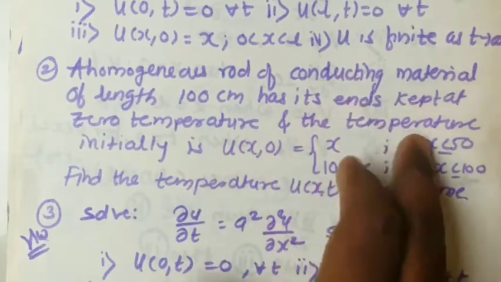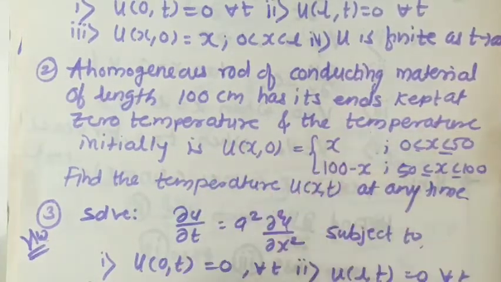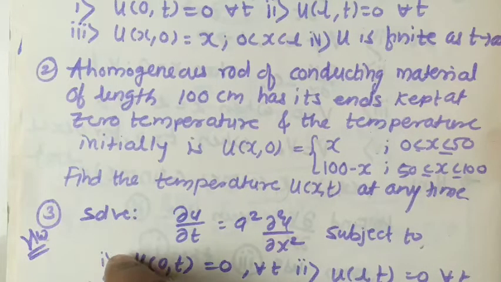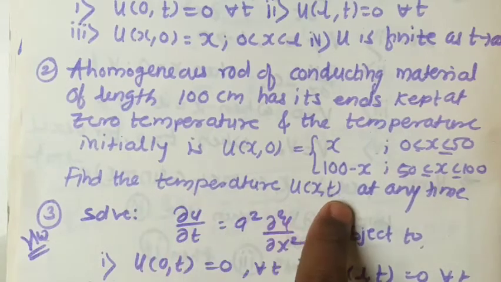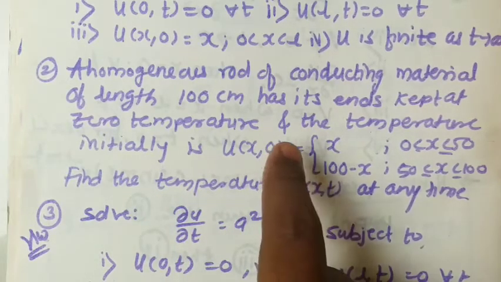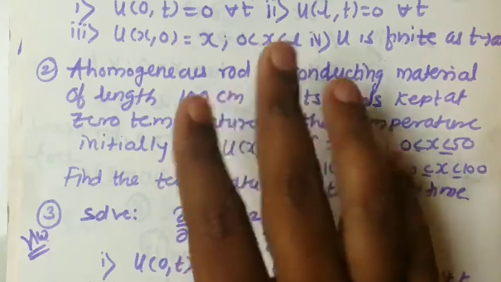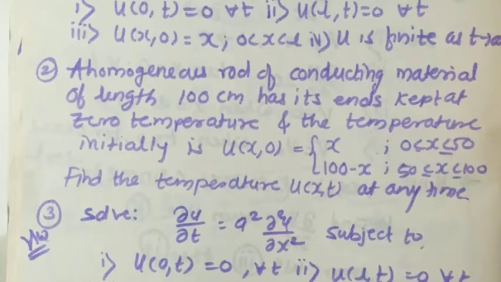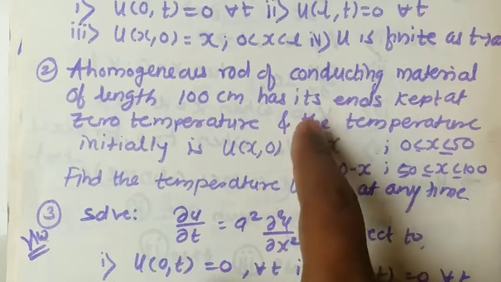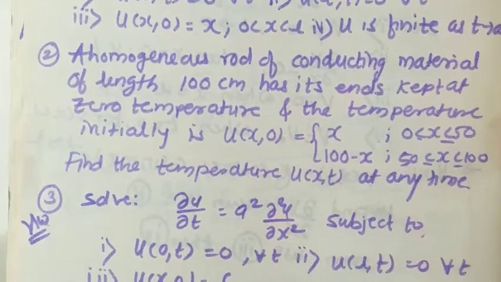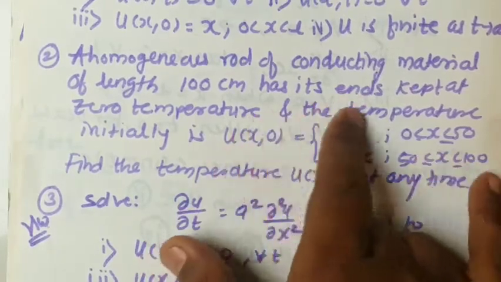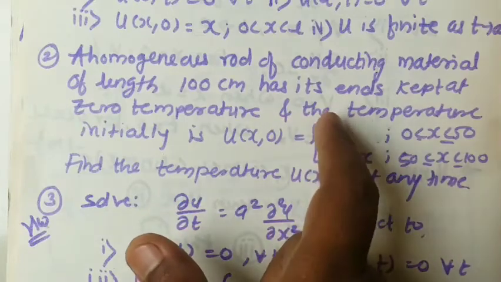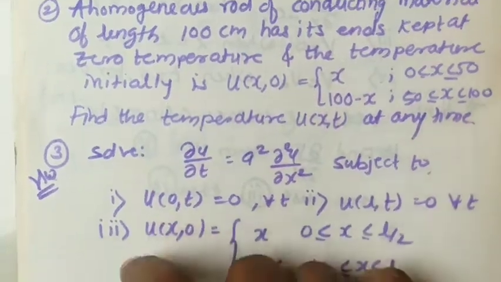The first integral, from 0 to 50, has f(x) = x, and for the second integral, from 50 to 100, f(x) = 100 − x. Here also we calculate u(x,t), the temperature at any time t. So this is also like the previous example; the only change is the value of u(x,0), which is in the form of a discontinuous function, and this problem also I am going to leave for you. In this problem we have to add the conditions; this is a word problem, so first we have to identify the conditions from the given data.